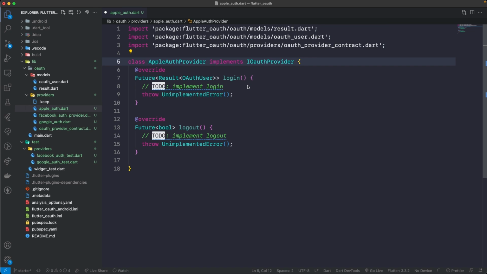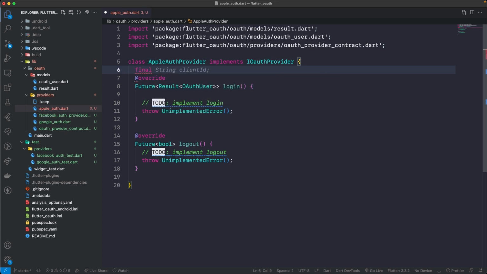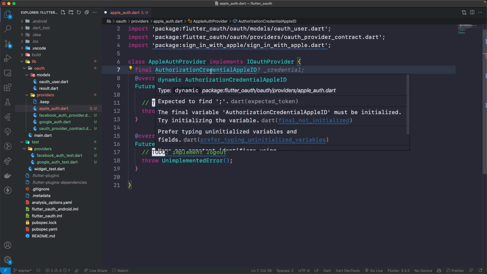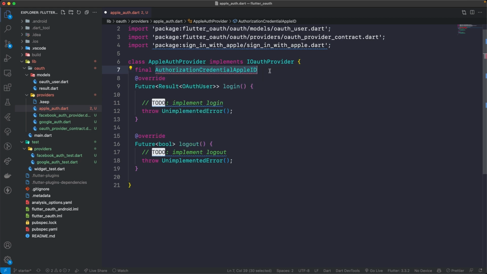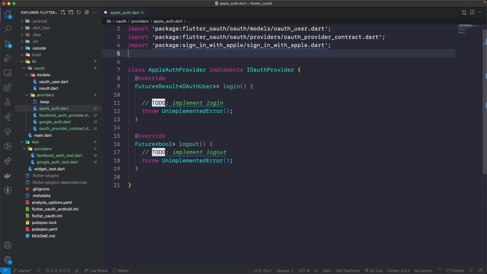And for its dependency, I am going to need the Apple authorization ID. So I'm going to need this, but instead of using this, what I'm going to do is to